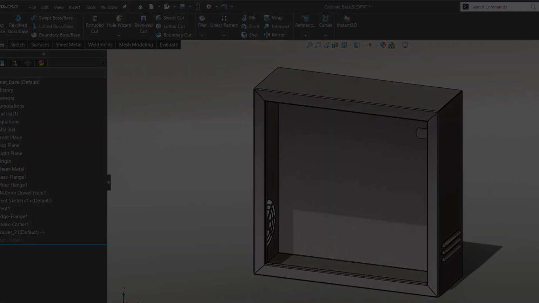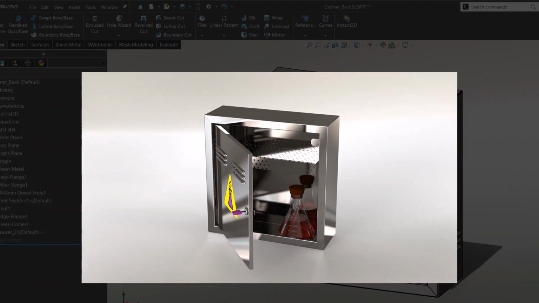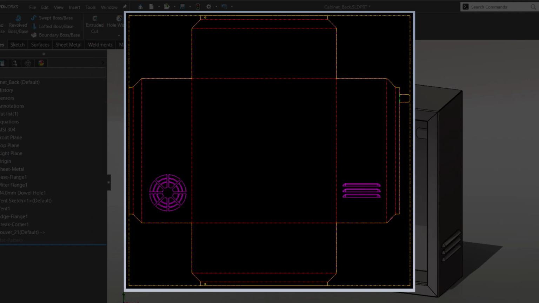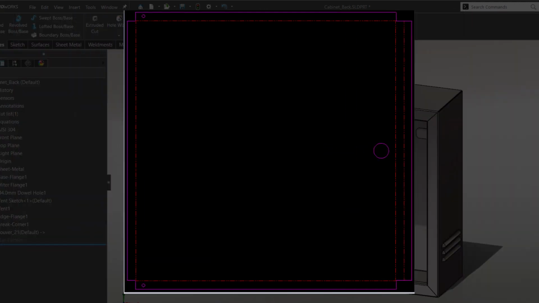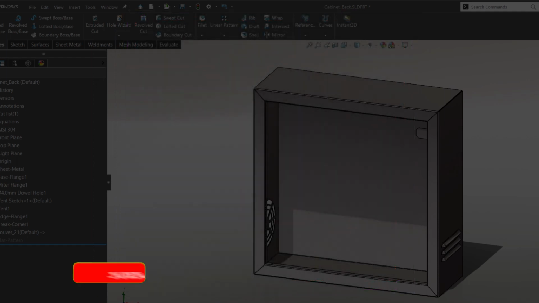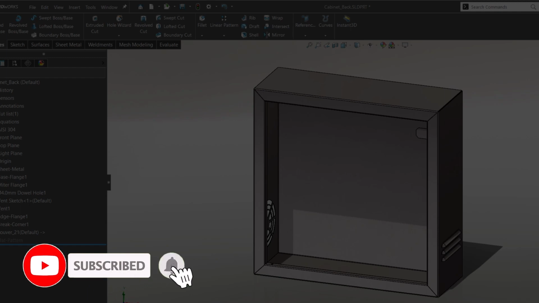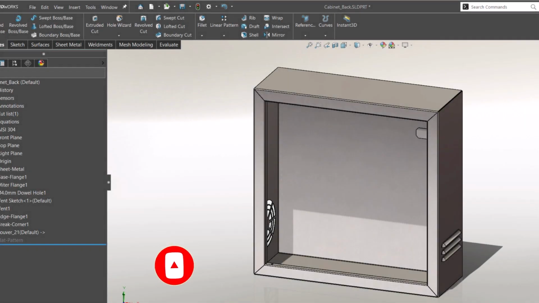In a previous video, I covered the fundamentals of sheet metal. In this video, I will guide you on how to export your sheet metal parts to DWG or DXF formats. This enables you to use them in software like AutoCAD or send them for cutting. Stick around until the end to gain a comprehensive understanding of DXF and DWG exports. Let's begin by exploring the export settings.